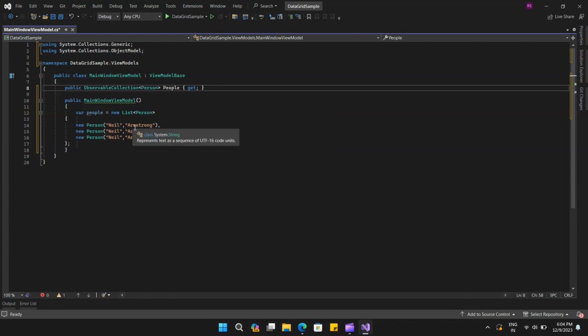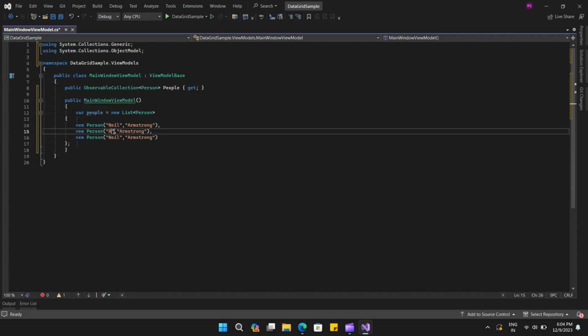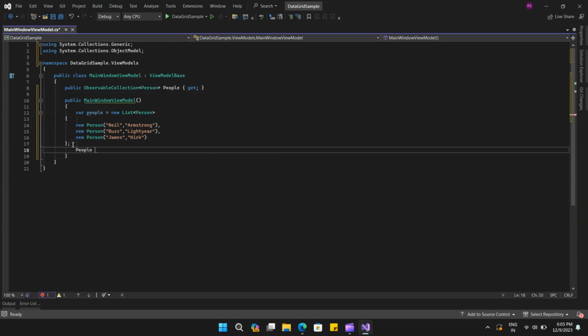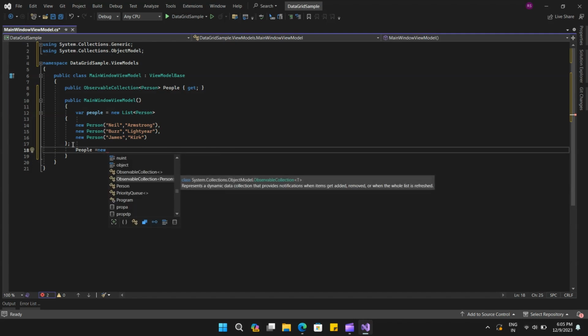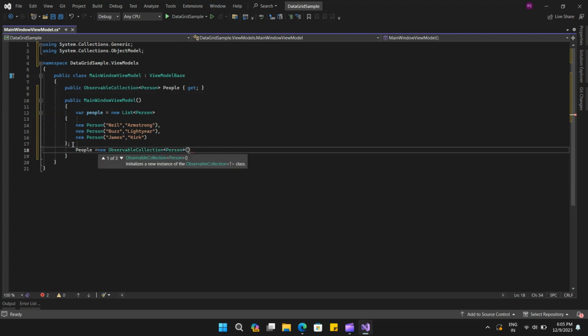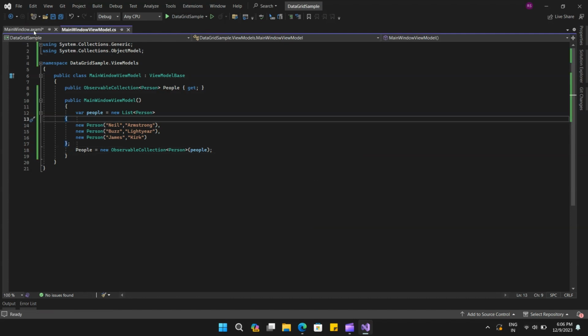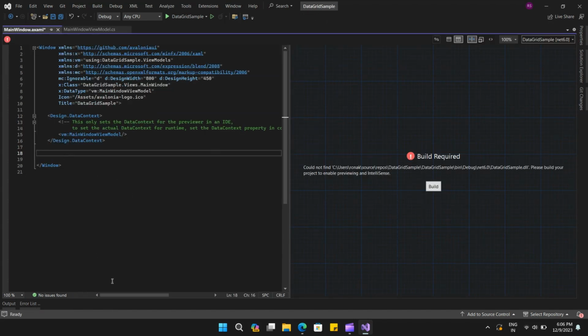So we have created this list of type Person, and let me change the first name and last name properties. Once that is done, we will move back to our designer or the XAML window, where we will use this content that we created and bind it to our data grid. So let's go back. Before that, let's create this observable collection of type Person and include this People as an attribute. And now on the MainWindow.xaml,